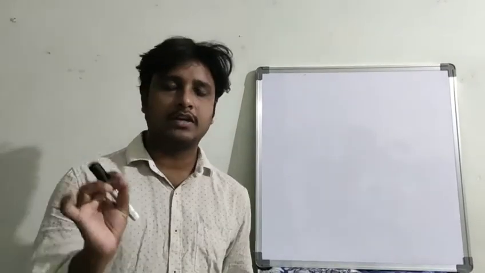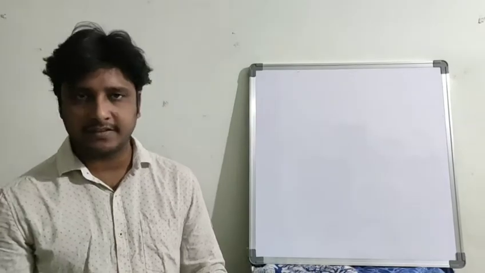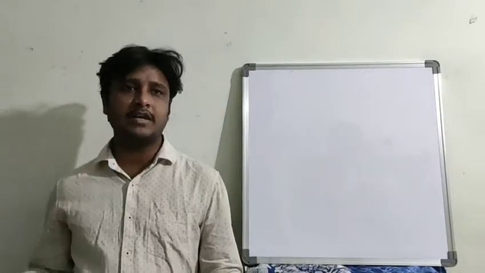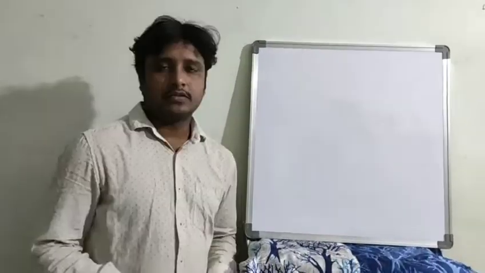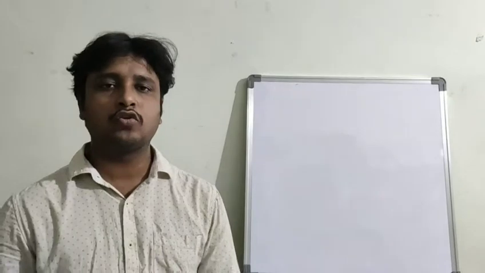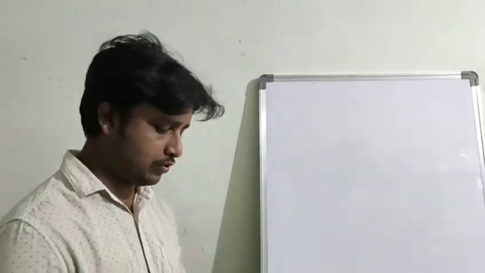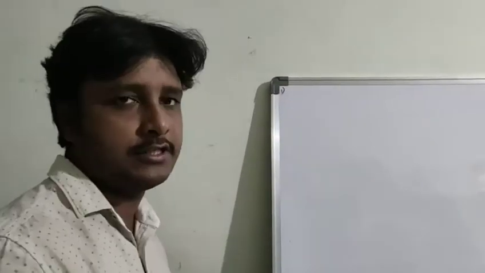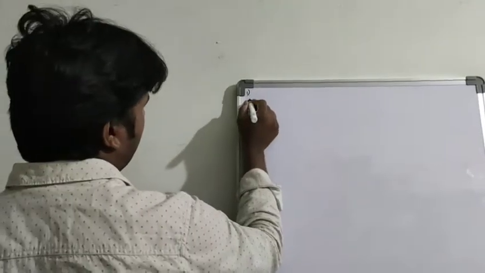And you have to carefully see the question, which type of cumulative frequency it is: greater than cumulative frequency or less than cumulative frequency. Sometimes they will ask for both cumulative frequencies. So according to the question you have to draw the figure. Here the less than type cumulative frequency you have to do. So how to do it? The first question in the last exercise of statistics, and here they are giving the class interval.